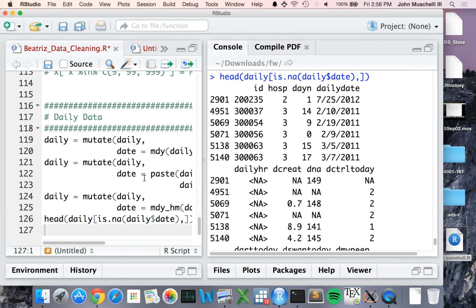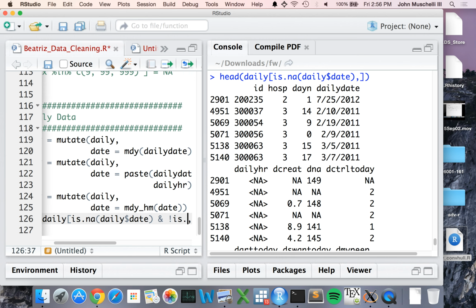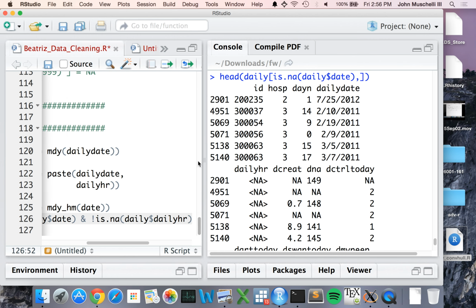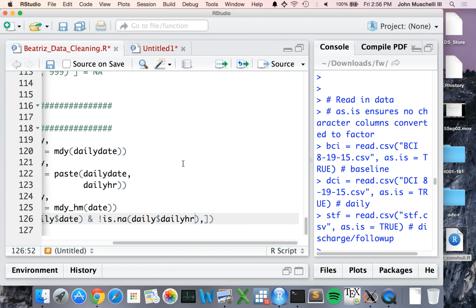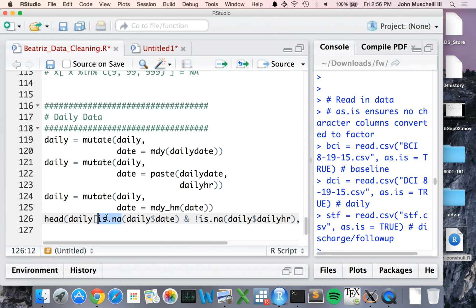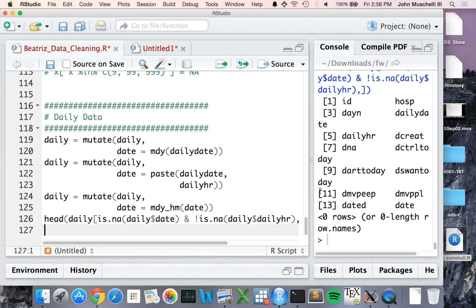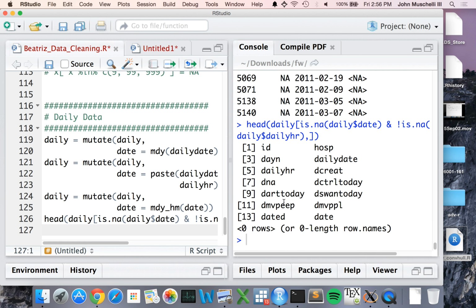So let's make a compound statement. Okay, so I'm going to again make this a little bit bigger so you can see it. We're saying, show me the ones where the date is missing, but the hour is not missing. That's what this little not is telling me here. And there's none. So it turns out all of them that are missing when you try to parse it on the hour and the minute are just because the time is missing. Now, this is good to know,